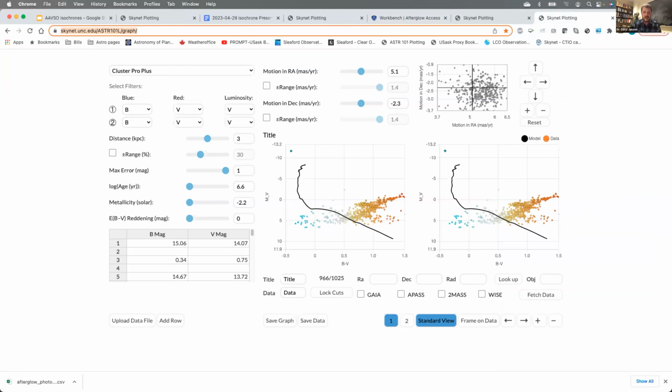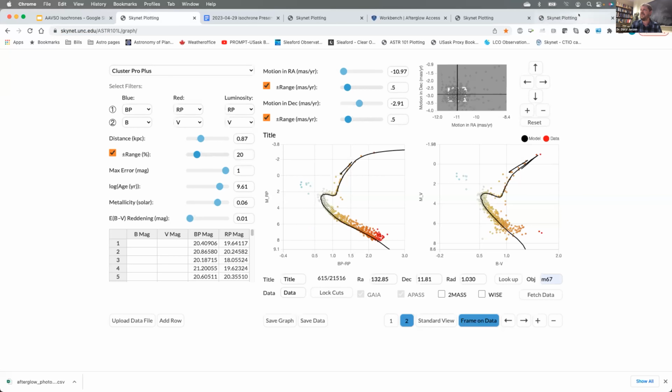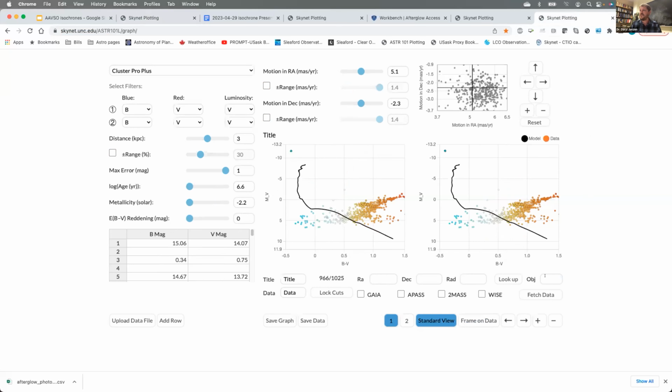I think that Kalée has a document that has all of the links and everything, but here's the plotting site that we're using that I showed you earlier over here. So the OWL cluster is NGC 457,